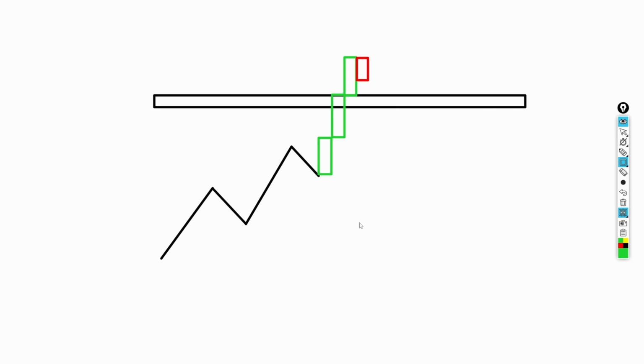Let me also explain. If you look at these two candles, they show one thing only: the price goes up and after that it retraces back. We need retracement so that we can look for a break of structure, because only a break of structure is a confirmation that the buying pressure is there and we can go for a trade in the upward direction. So these candles show retracement, and we are all looking for retracement in this phase. These candles can have a wick like this, but all in all you need a red candle